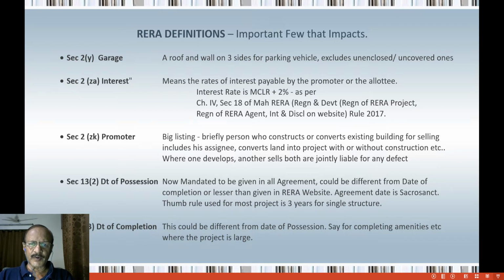The definition provided by the Act is that the rate of interest chargeable from the allottee by the promoter in case of default shall be equal to the rate which the promoter shall be liable to pay the allottee in case of default. Very clearly it says whatever the promoter charges from you as interest, in case of delay he should also be paying the same interest. It can't be a different one. Earlier it used to be different, but now it cannot be. Going further, they have also clarified how it should be calculated, which is basically State Bank of India MCLR, marginal cost of lending rate, plus 2%. That will be applicable on both sides, as clarified in one of the subchapters.